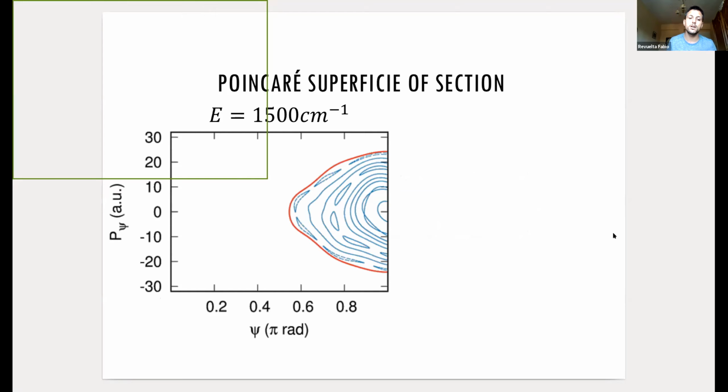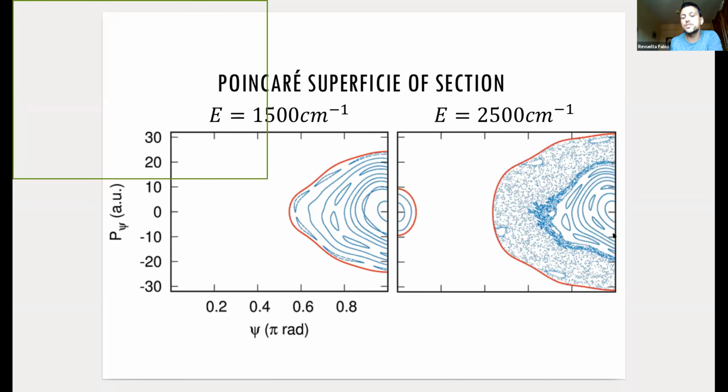Okay, so typically, if you take a Poincare surface of section for the system along the minimum energy path, that is the angle, so it's like the angle that lithium forms with the CN direction, right? And that is a transformed momentum. And you can see that when the energy is small, then all the phase space is filled by invariant curves, right? Or chains of islands. That means you have regular motion. If you increase the energy, then you start to see chaotic motion, right?